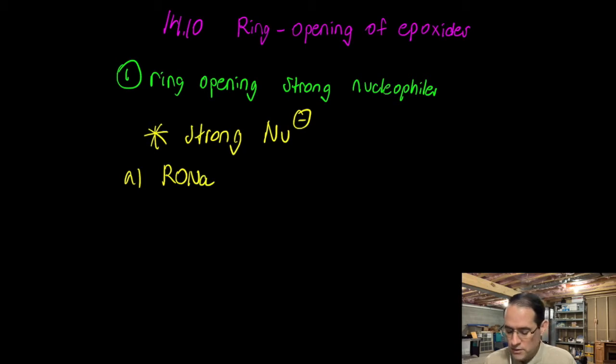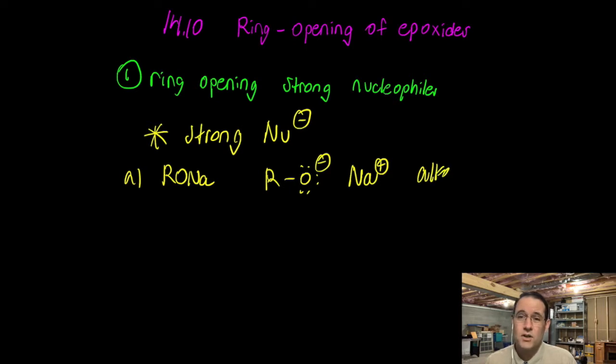Examples of this include alkoxides. We write an alkoxide as NaOR, or RONa, and that, remember, is a formal charge of -1 on the oxygen, and the sodium ion is simply a spectator ion that's not involved in the chemical reaction. So those are called alkoxides, okay? The other class of compounds here that we have are cyanides. So if you have NaCN,